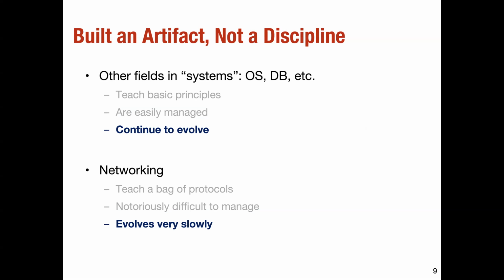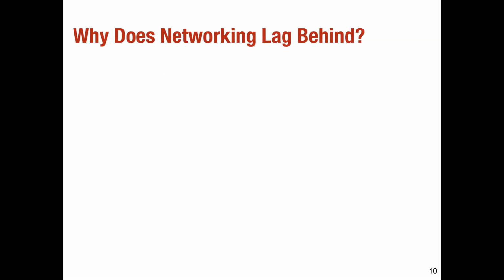So now you might be wondering, okay, it's an artifact, it's not a discipline, it's really slow to evolve, but why? Why does networking lag behind? The simple reason is that networks were not designed for the level of complexity that we see right now, right? Networks used to be simple, think of ARPANET, where only 3 or 4 campus networks were supposed to be connected with each other. That was a very simple problem, very few hosts, very simple set of goals and tasks: just connect these machines with each other, right? So that was supposed to be a very simple goal.